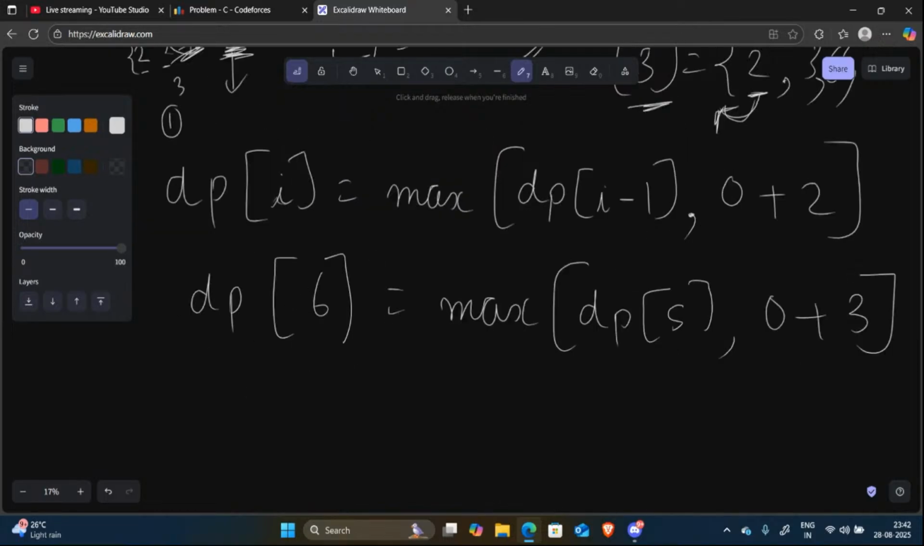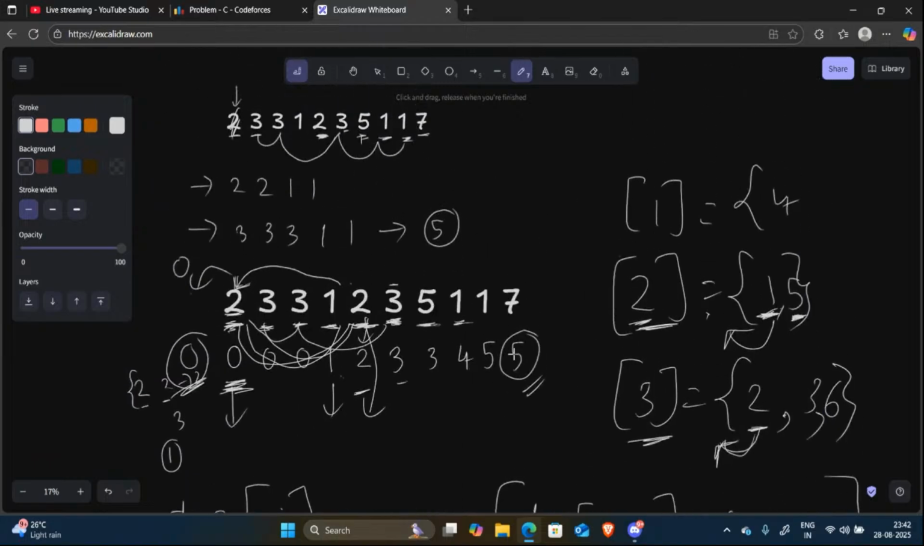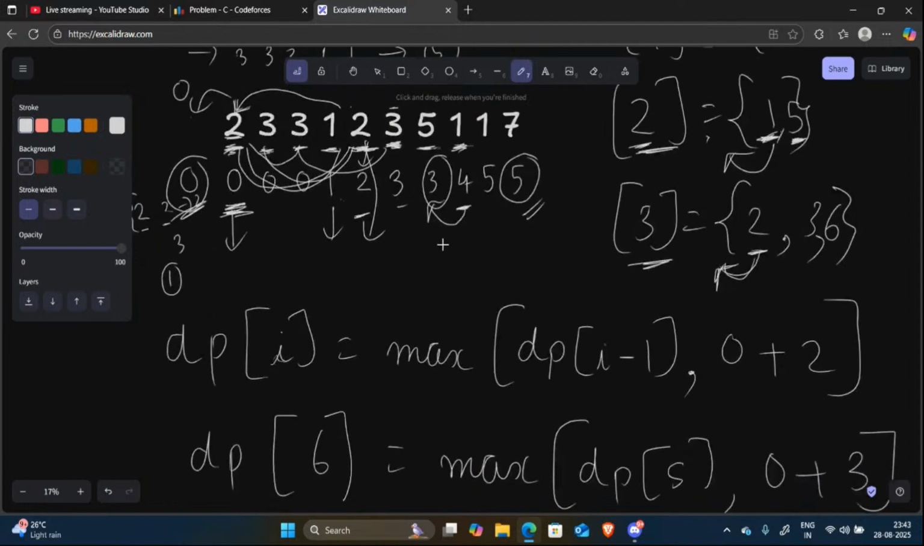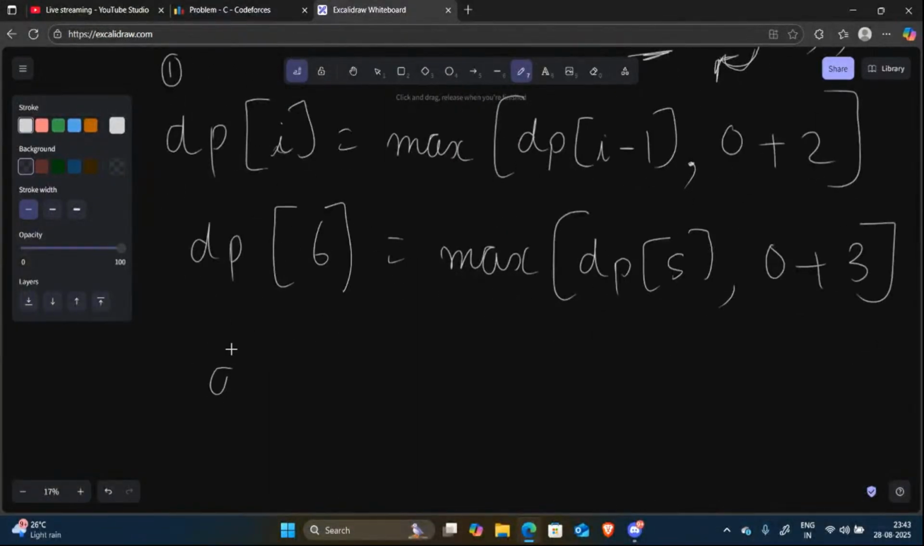Now for 1, the current position of 1 would have just this 4 position. So it would be max of dp of this element plus 1 or this. So basically it will be 1, 2, 3, 4, 5, 6, 7, 8. Yeah, dp of 8 would be